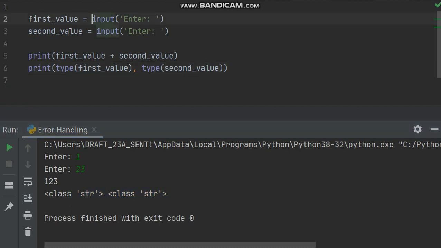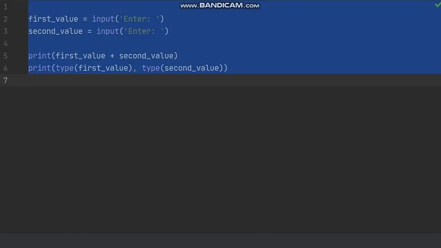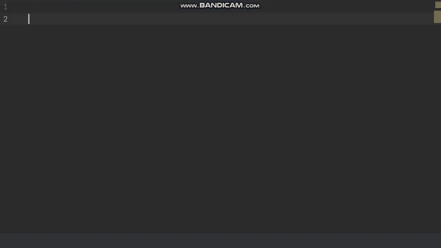Now why did I bring this to the tutorials? So this is also an example of a logical error. So instead of 1 plus 2 being 3, 1 is a string, 2 is a string, and adding a string to a string will put all those strings on a single line. So we have 12. So this is an example of a logical error. Be mindful about it. Okay, so let's move into what we have to do for the day, dealing with runtime